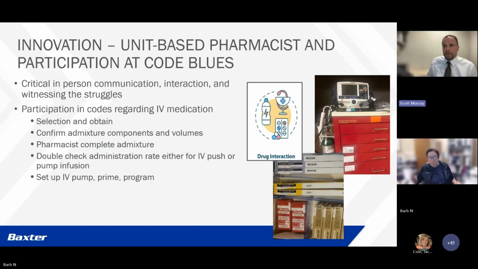Okay, so your unit-based pharmacists and participation at codes, think ER pharmacists or code pharmacists. This has been integral working with nurses in this area. It's helped us optimize our crash carts. The pharmacist can be there and confirm dosing. They can prime the pump, grab the medication. We've had where the pharmacists